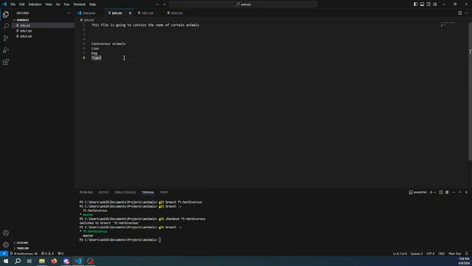So what I can come and do here as the herbivorous team member, I'll come down here and write herbivorous animals. And so here I can have the goat, I can have the sheep, I can have the cow. So I've added, let me add two first because I'm going to try to demonstrate something. So I just have these two right here, and